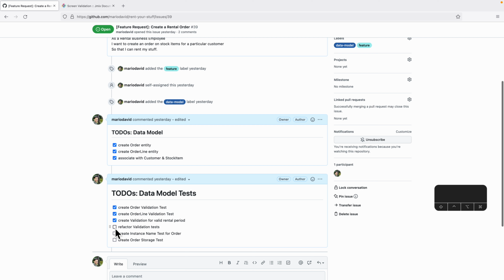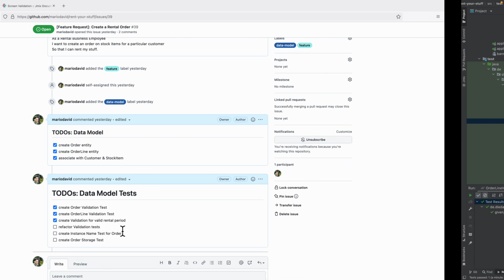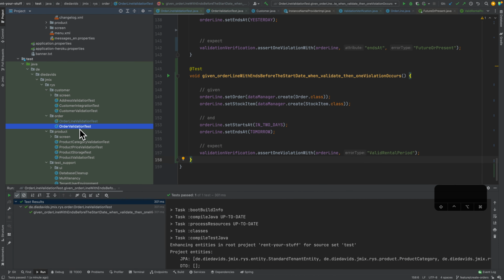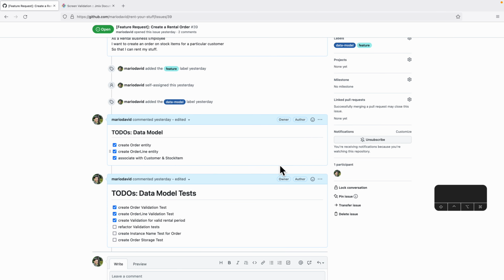I will probably go ahead and clean this up for the other tests as well. This is something that is probably not worth looking at, because it's just 5 additional test classes that we have for the order and the customer and so on. Yeah, but the pattern will be exactly the same. And then the 2 remaining ones that we have are to create the instance name test for the order, and then also create a storage test. I think this we will